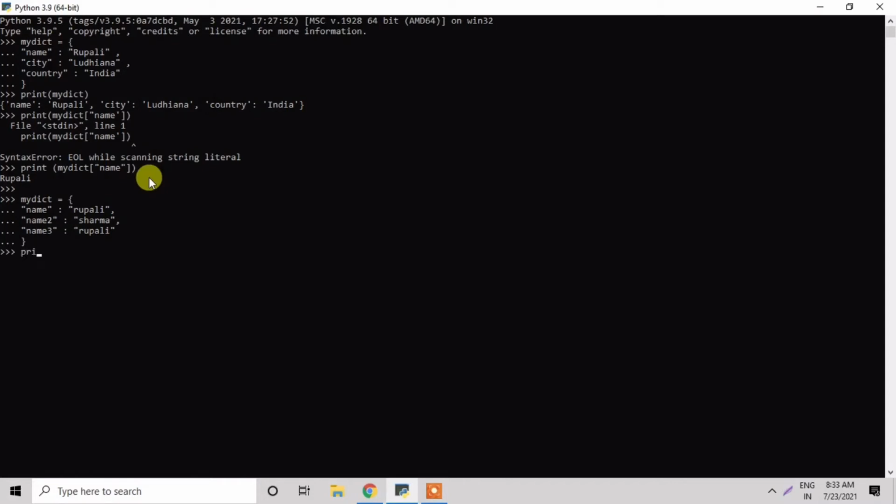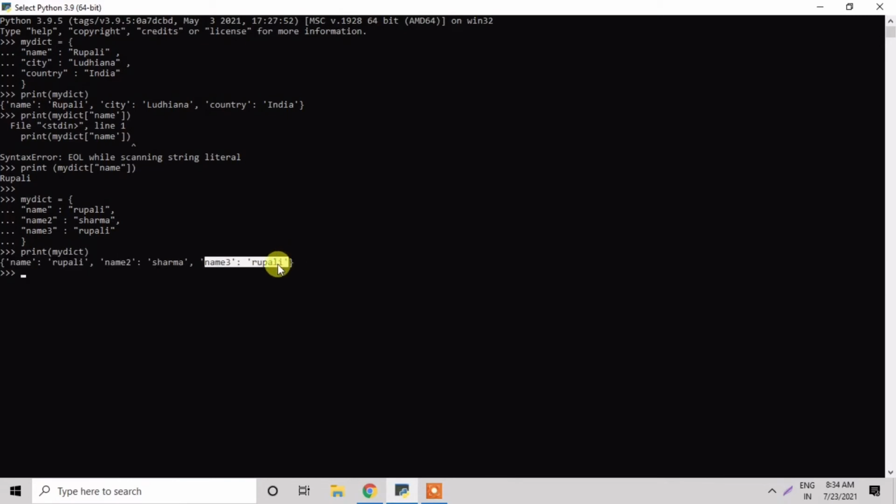Now I'll use the print function to see whether duplicacy is performed or not. We can see that value duplicacy can be printed, but key duplicacy is not allowed in Python dictionaries. I have taken Rupali twice, but that is a value, so it has been printed for name and name3.